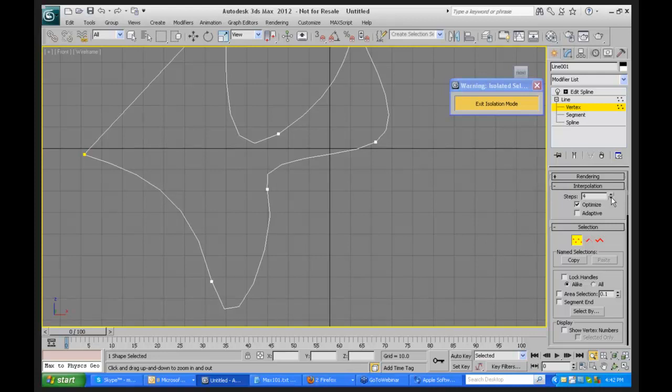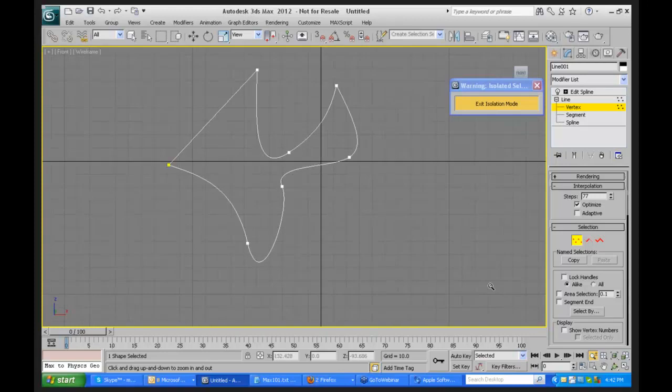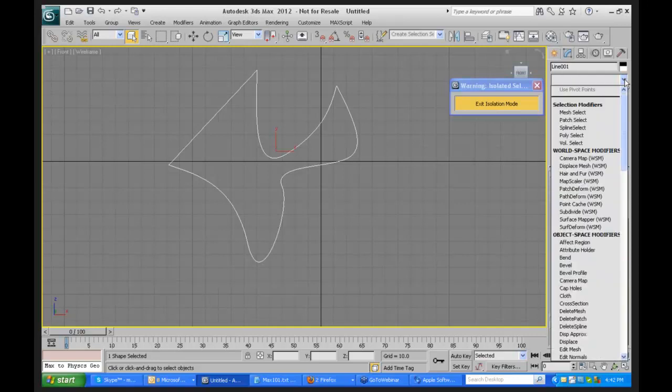If I reduce this, 2 steps, 1 step, no steps. So you can now see there are no intermediary steps. 1, 2, 3, 4, 5, 6, 8. And notice that now I have 77, and this now is a beautiful smooth curve, but this is going to create a hellishly overly detailed geometry. Let's go ahead and do that by now going up to the edit spline and adding